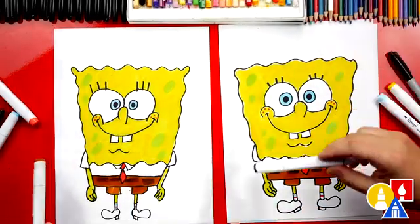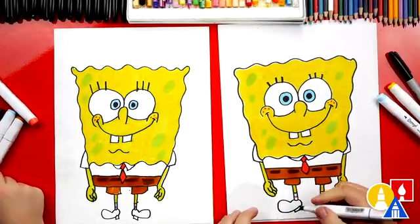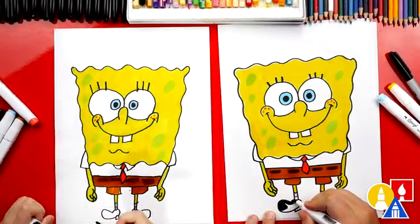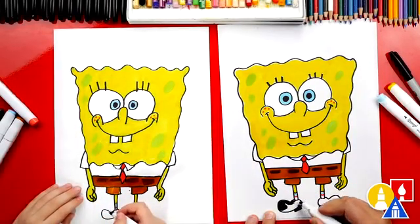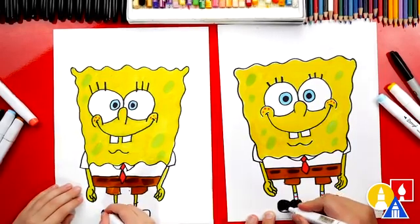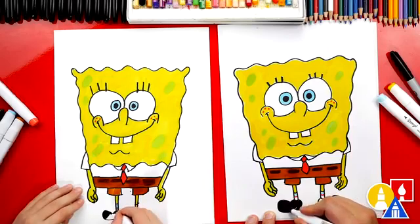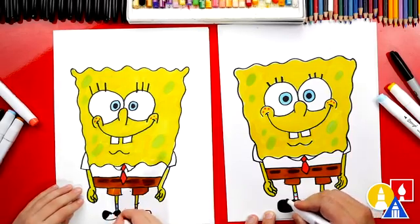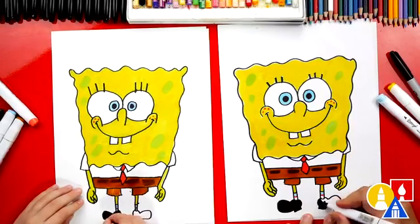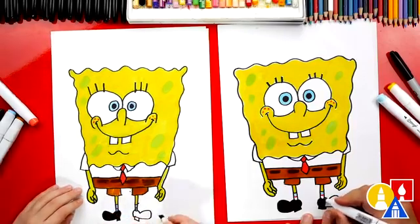Our last step, we're going to switch to our black, and we're going to color in his shoes solid black. Also, come down and make sure to color in his heel too, the whole thing. It looks like the exact same color as the marker. It does. The Sharpie? Mm-hmm. Yeah, it does. Come over here and color in this other foot